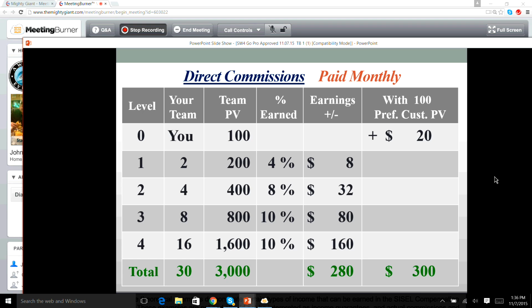So we wanted to show you the power of this plan, because it is so powerful. Everybody talks about getting 5, but just what happens when you get 2? And you teach those 2 to get 2, and so forth and so on. So you get 2, they get 2, they get 2, they get 2. When you add them all up, that's 30 people on the team. You're doing 100 points. Why? Because you want to be a silver. At the end of the month, you've got 2x2x2x2 doing that, and you've got 3,000 points being built up in your organization.